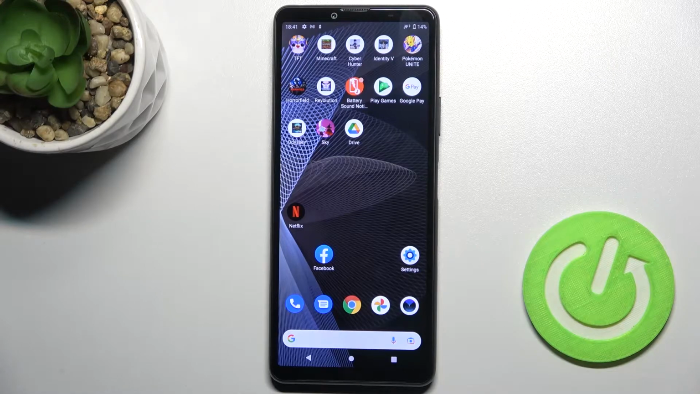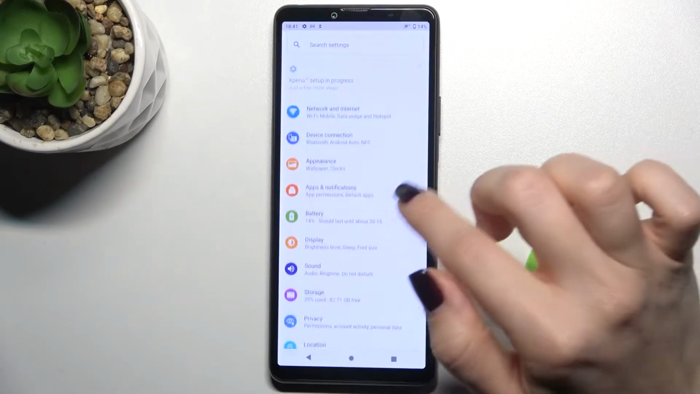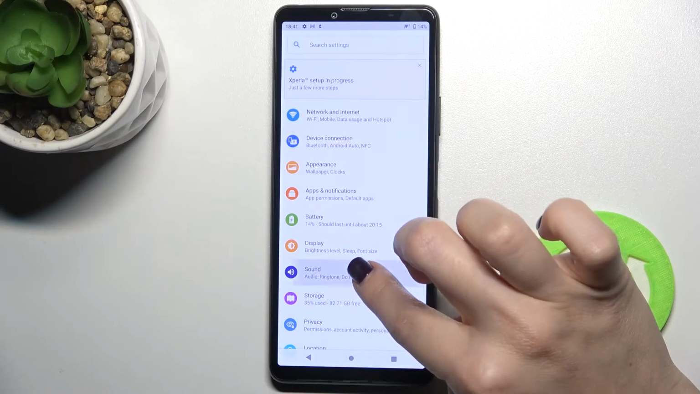Welcome. Today in front of me is the SONY Xperia 10.3 and I'll show you how to find and manage sound settings on this device. So first you should go to the settings application and right there you will see the sound